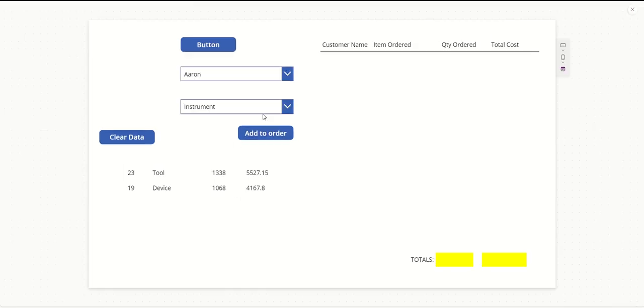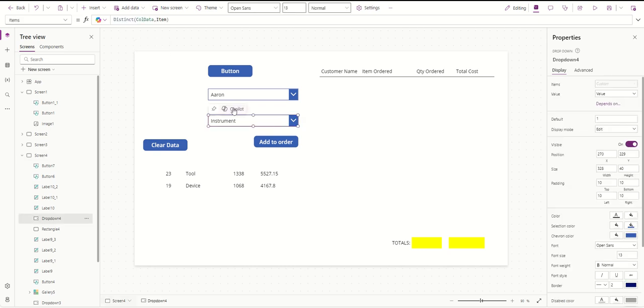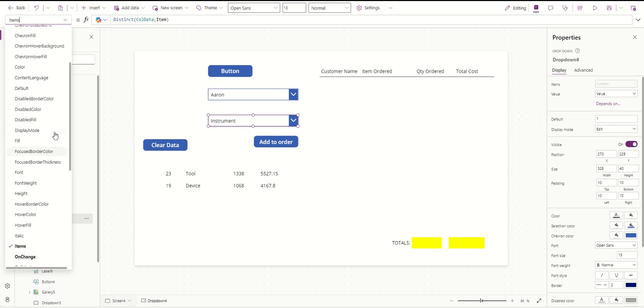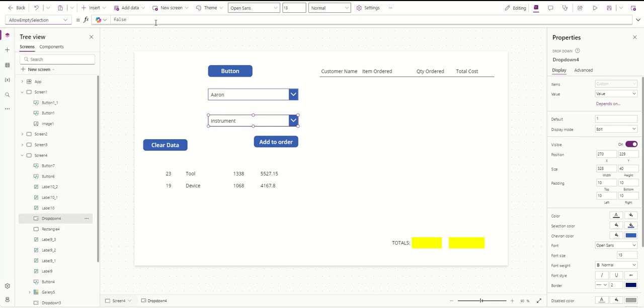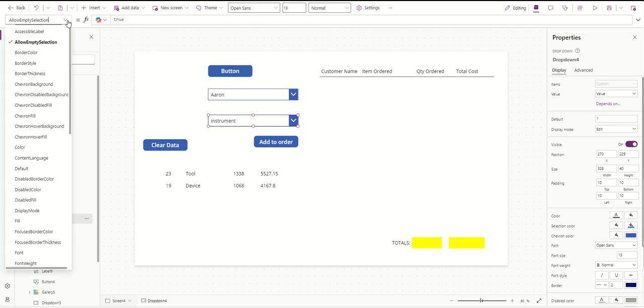Because if we were to continue along, we'd get to the last one and we'd be clicking it, and it's an on change property. It's not an on select property, which would be like the on click property. So I learned a handy dandy little trick: allow empty selection. See how it says false? You put that true. Yeah, that makes sense. So you put that as true, and then make sure your default